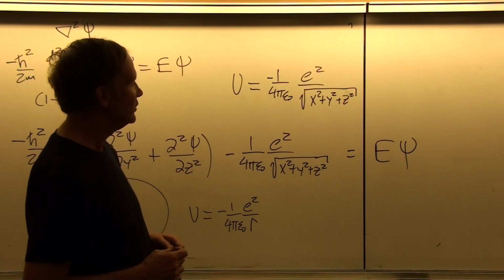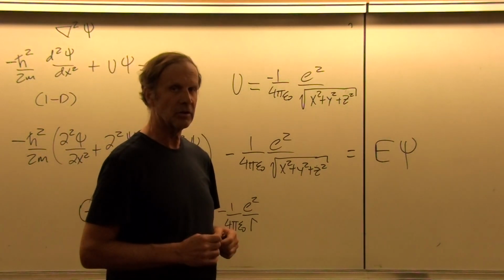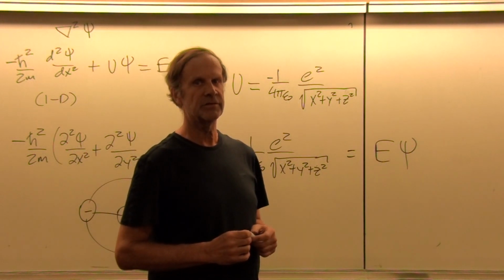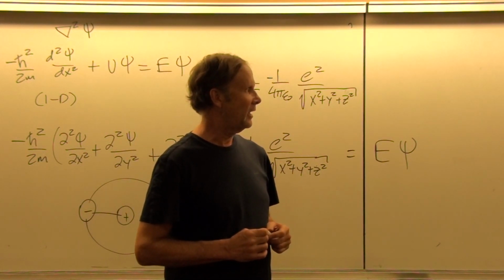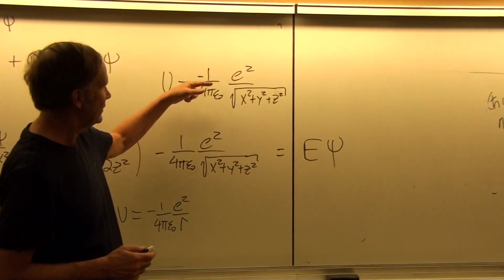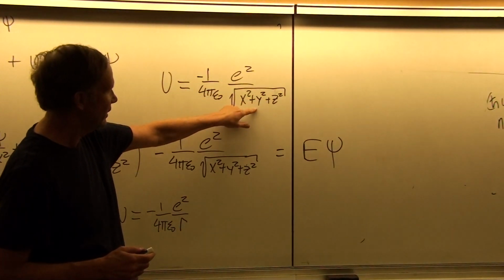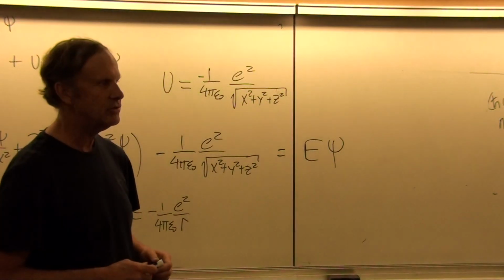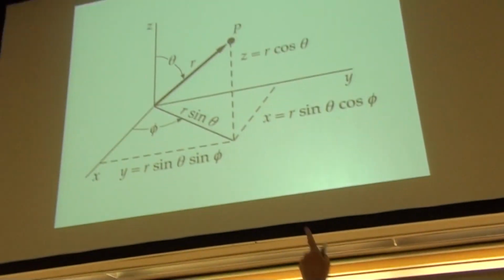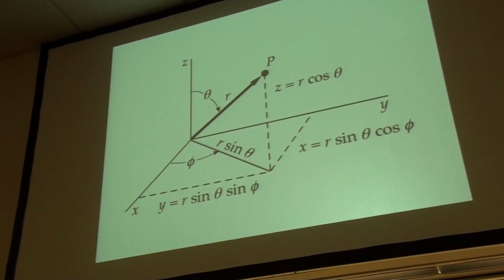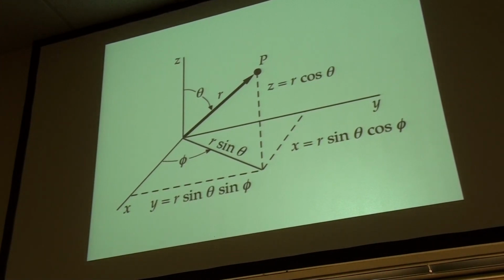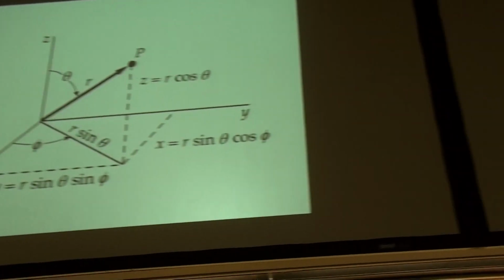And so instead, it turns out to be more natural to use spherical coordinates to solve this problem. So if we use spherical coordinates, then we are able to write the potential energy function just as e squared over r. And so that turns out to be a more natural coordinate system to use for this problem. And so this is what we see here then, is the rewriting of our Schrödinger equation requires that we write x, y, and z as a function of r, theta, and phi. And then we solve that equation in spherical coordinates.